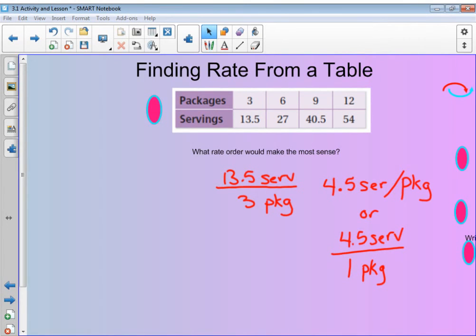So you should have ended up with 4.5 servings per package. So we could serve 4.5 people for 1 package of whatever this is, potato chips, onion rings, whatever it is. Okay, so that's